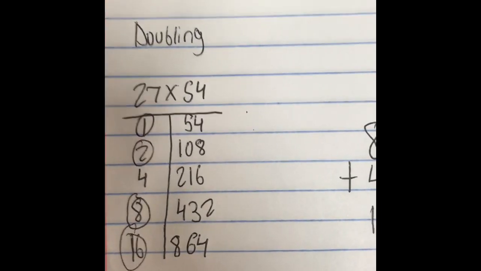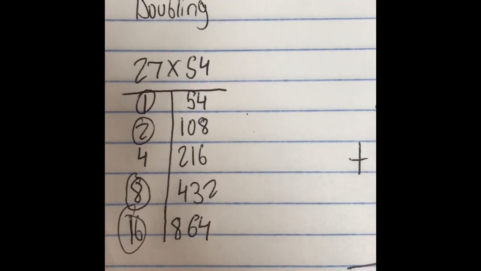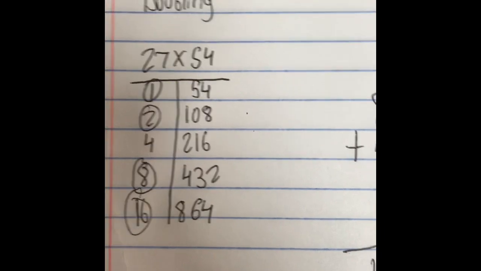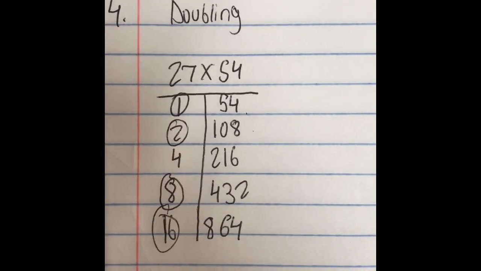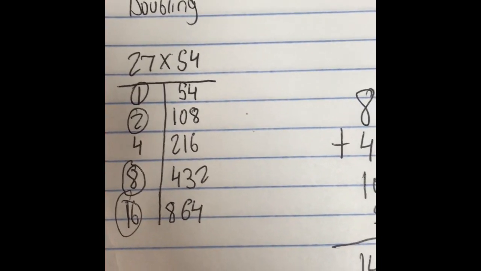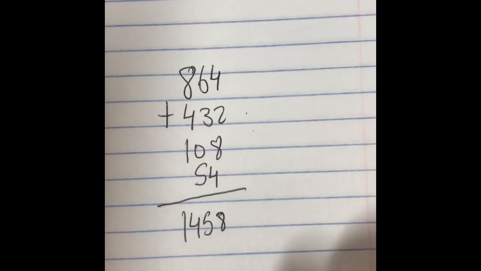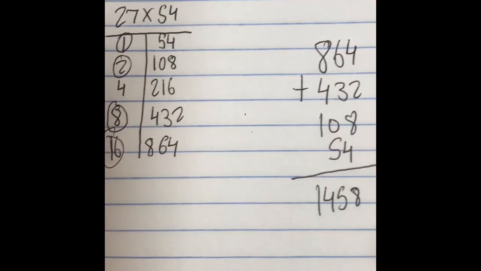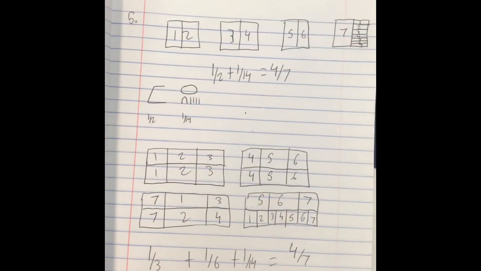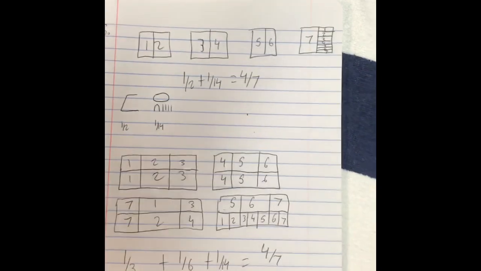We use their corresponding quantities on the right side. So that would be for 1, 54, for 2, 108, for 8, 432, and for 16, 864. This gives us our total of 1,458, and that would be the exact same as if you multiplied just 27 times 54. Question 5. We are showing the Egyptian form of dividing and how to split 4 loaves of bread